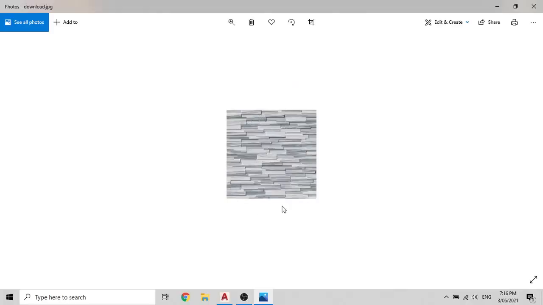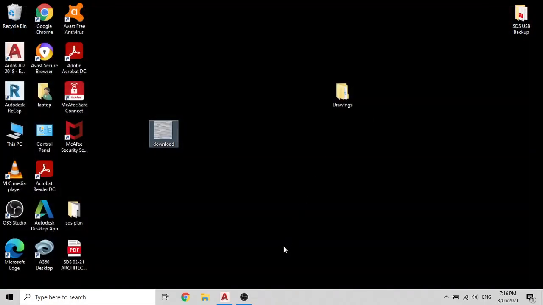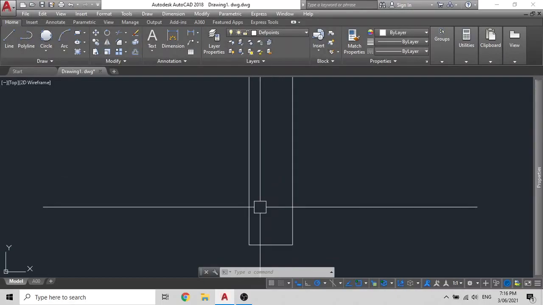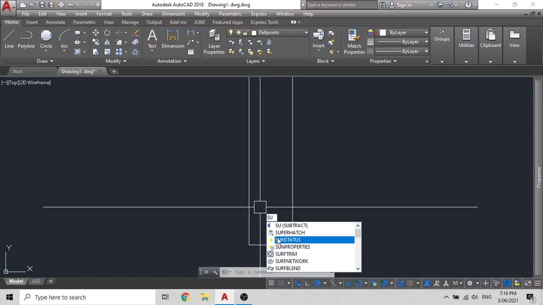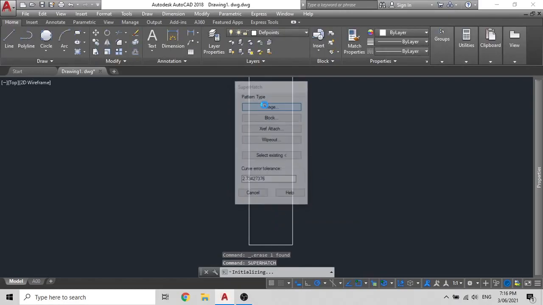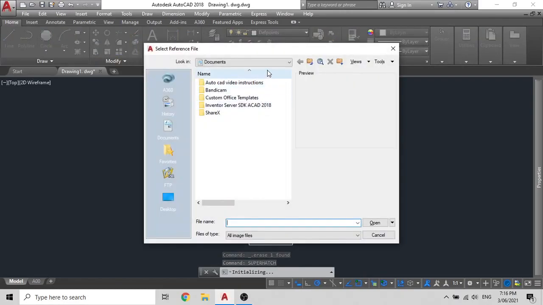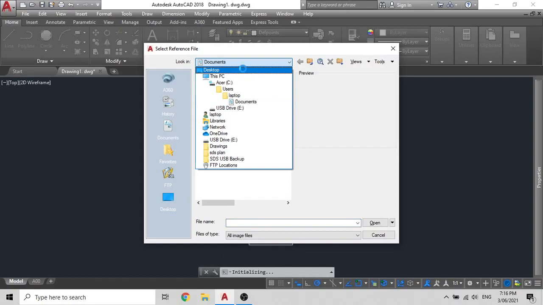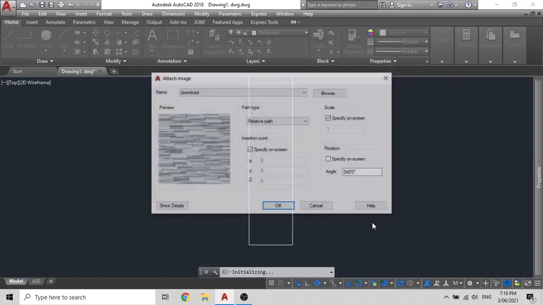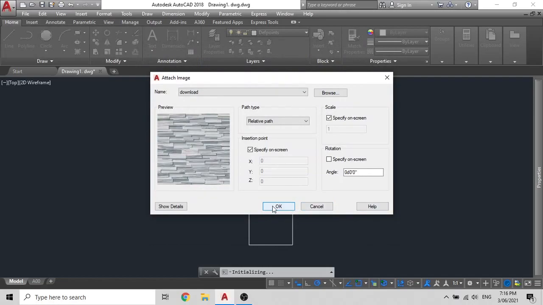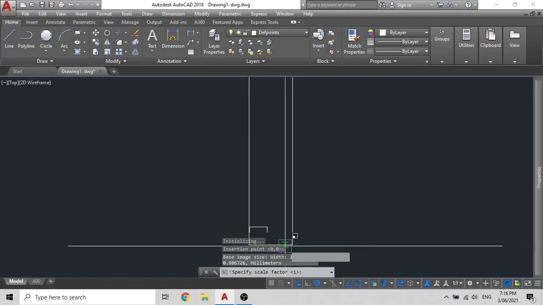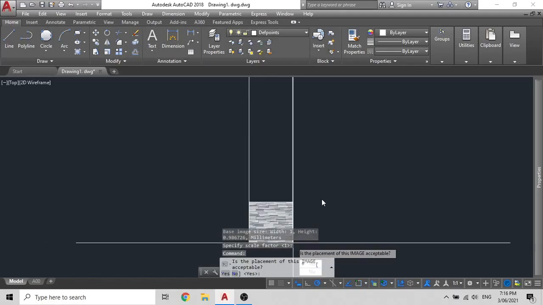Now I wish to insert this photo into my drawing. So what I will do is I'll go to my drawing. I'll type SU and I'll select the super hatch option. Then I'll click on image and it'll ask you where you have to bring it. So go to the place where you saved your image that you wish to super hatch into the drawing. Select, click on open, and don't make any changes here. Just click on OK. Take this point and bring it to that point.